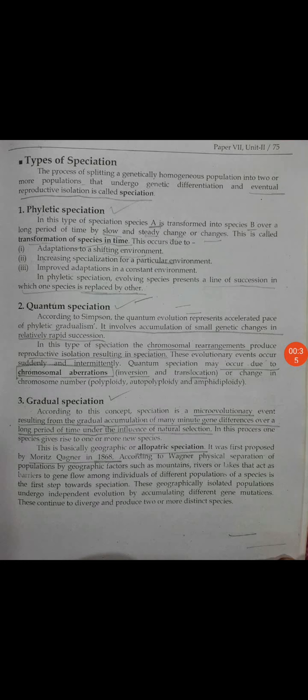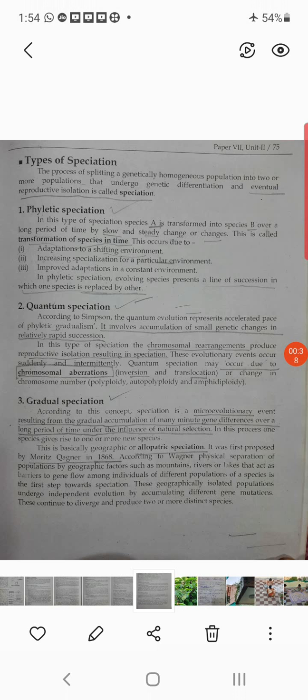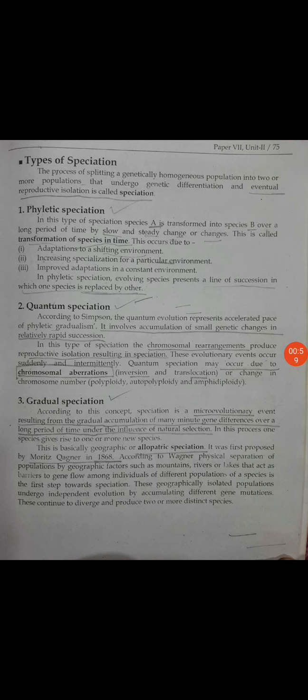Listen very carefully. The process of splitting a genetically homogeneous population. Homogeneous means the same population, genetically the same population, into two or more populations. Splitting. Actually, here the similar group is splitting, meaning divided, that undergoes genetic differentiation and eventual reproductive isolation is called